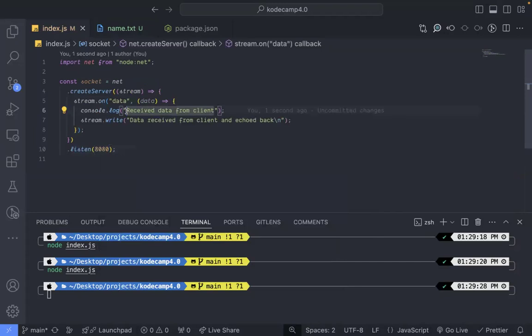This example creates a duplex stream using a TCP socket server. The server listens for incoming connections. When a client connects, a duplex stream is established. The server listens for data events on the stream, reads data sent by the client, and then writes a response back to the client using the same stream. Now, if you run node index.js,